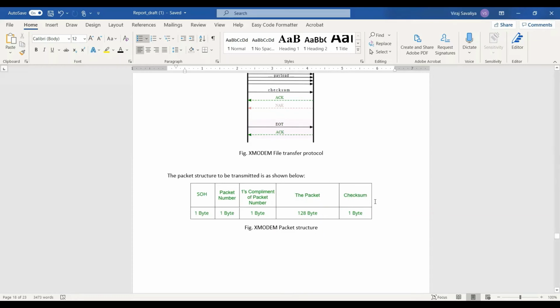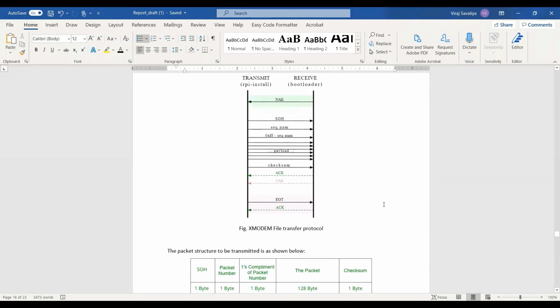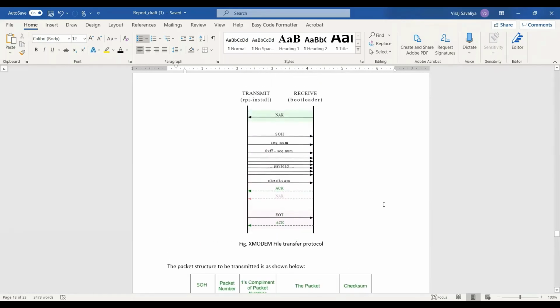The checksum indicates if there was any tampering of the data while it was transmitted, or after the transmission of the data. So the receiver side will make sure the packet which is coming in is correct and there is no tampering done to it. And at the last packet, the transmitter will send an EOT signal indicating the end of transmission to the receiver, and the entire transmission of the data is done.